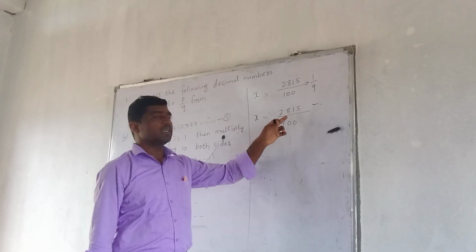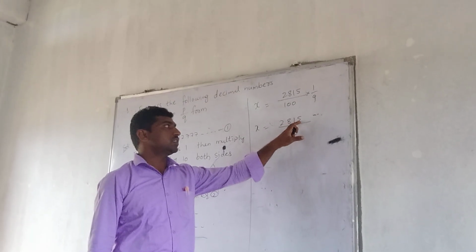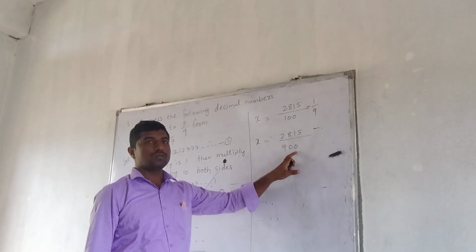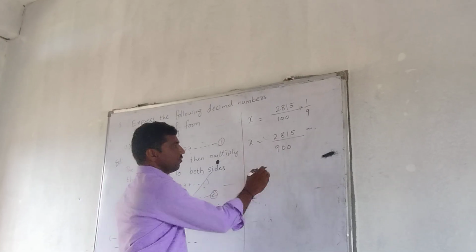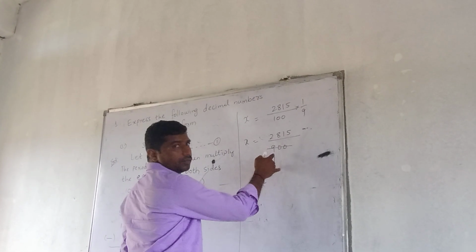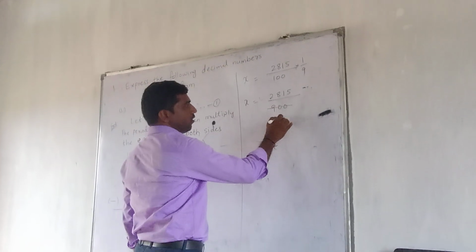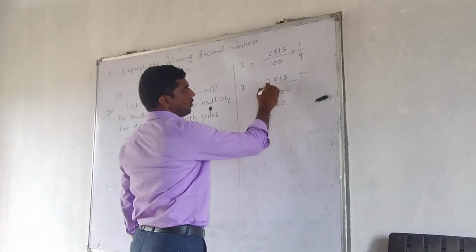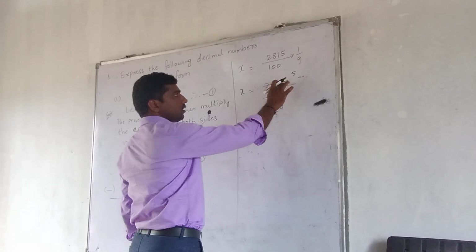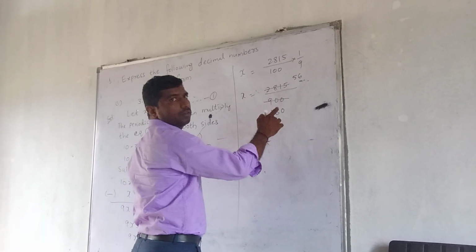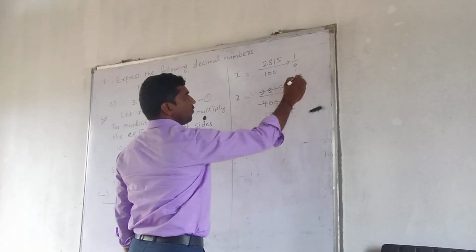Now if we simplify this one: 2 plus 8 is 10, 10 plus 1 is 11, 11 plus 5 is 16, so it is not divisible by 3 or 9. The last digit is here 5, here 0, so we cancel with 5. 5 1s are 5, 4 remaining. 5 8s are 40, 0. Next 5 5s are 25, 3 remaining, 31. 5 6s are 30. Again 5 3s are 50.